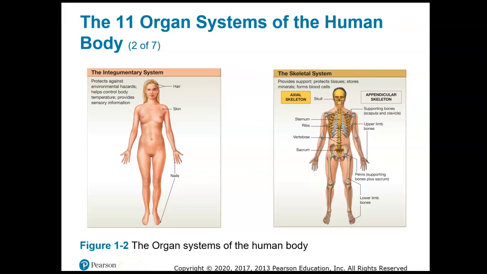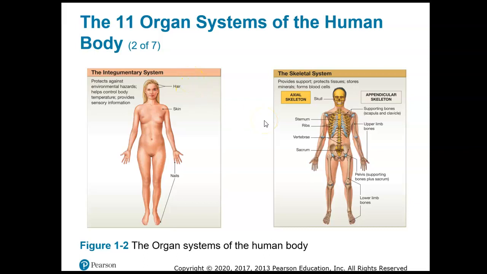This is part 2 of the chapter 1 lecture notes. So we're now going to look at each of the body systems or organ systems. There's 11 of them, and just talk about what you need to be familiar with for chapter 1, because the